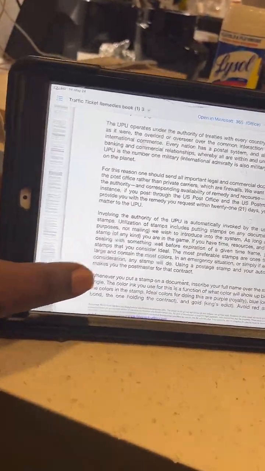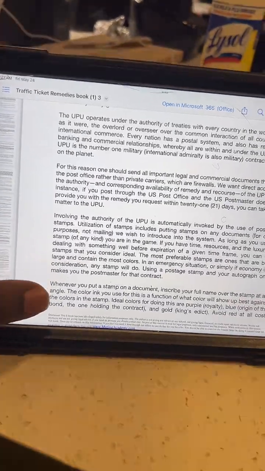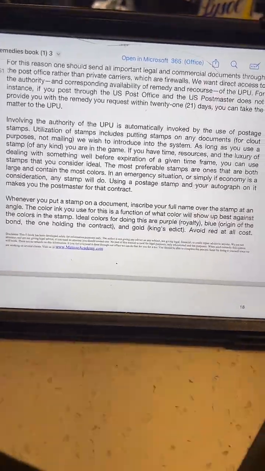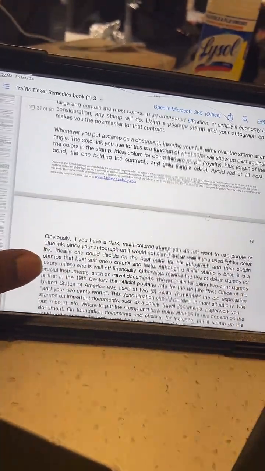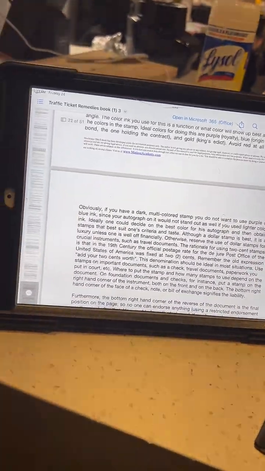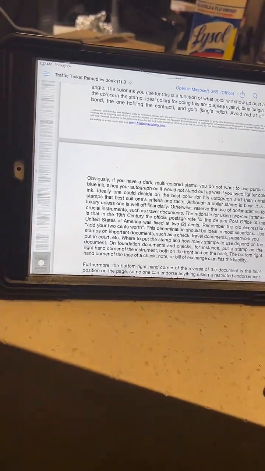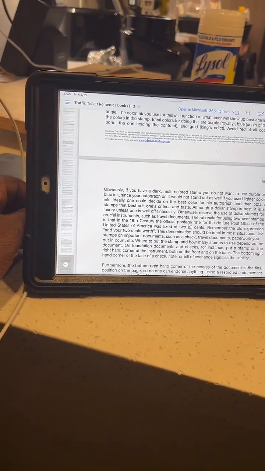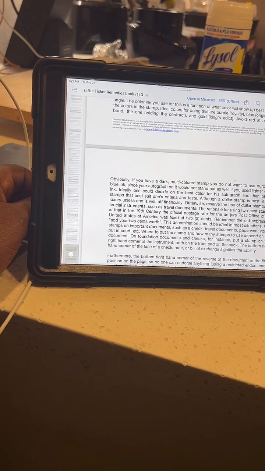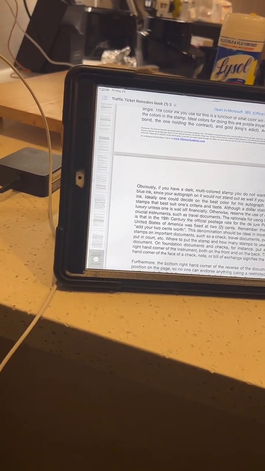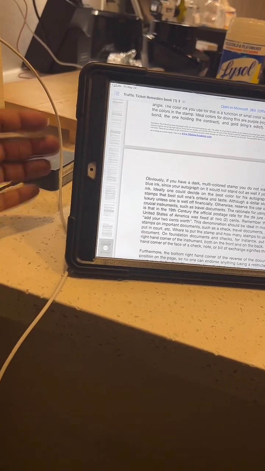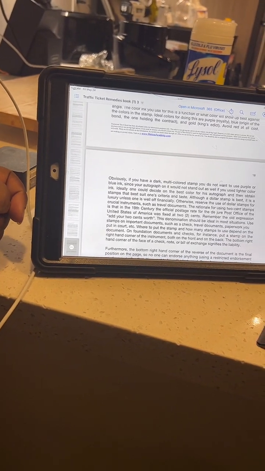I printed it out too, but it's better to read it from an iPad because it's bigger compared to doing it from a phone. You don't got to squint your eyes or anything like that. So I would suggest to invest in an iPad. For those of y'all who really ain't got money to buy an iPad, another way you can get an iPad is through your business. So if you're a business owner and you own a corporation or LLC, you can literally go,